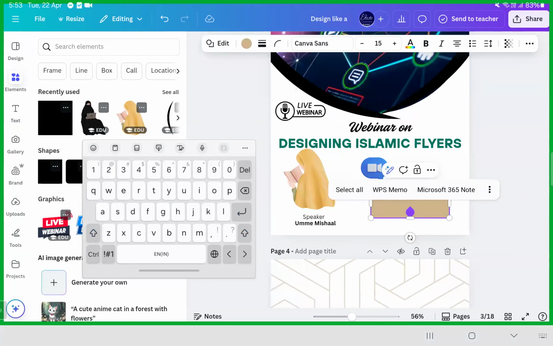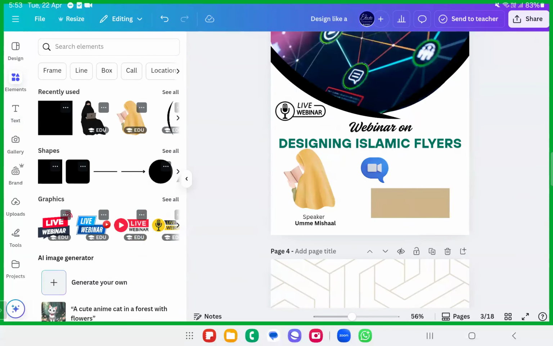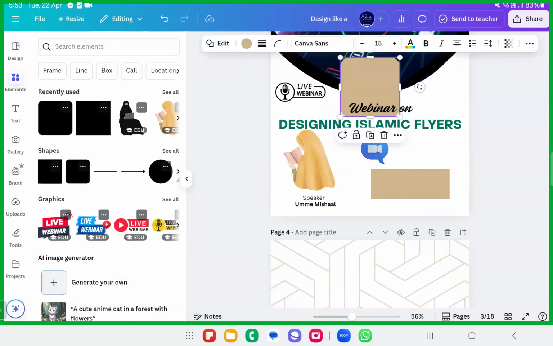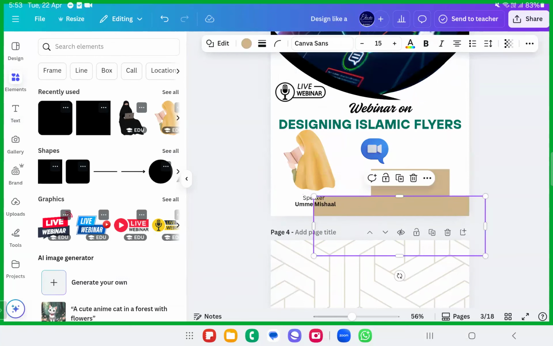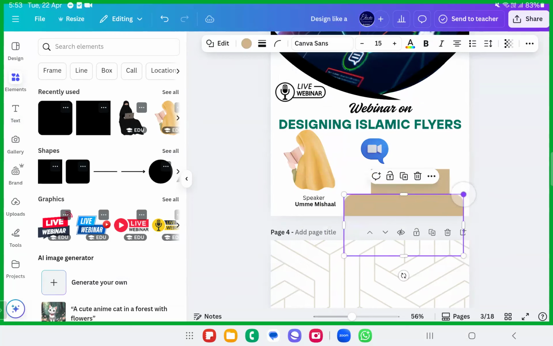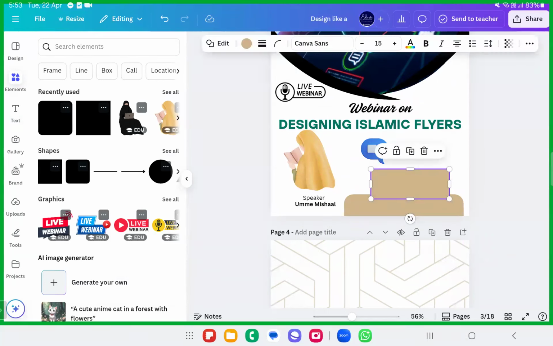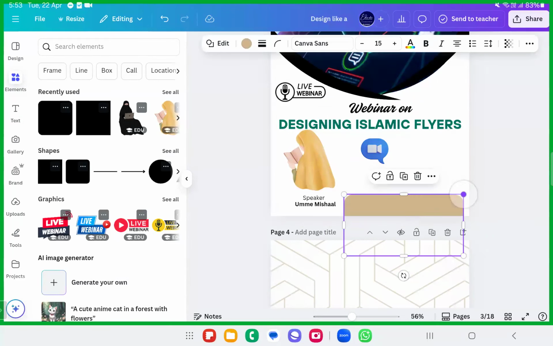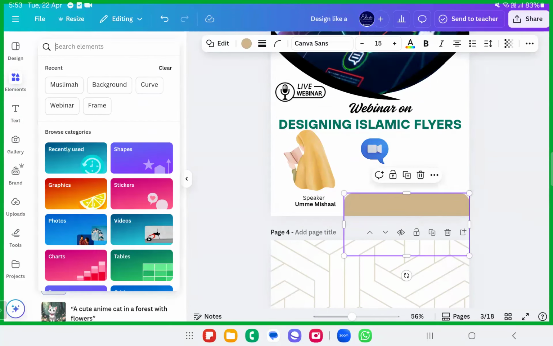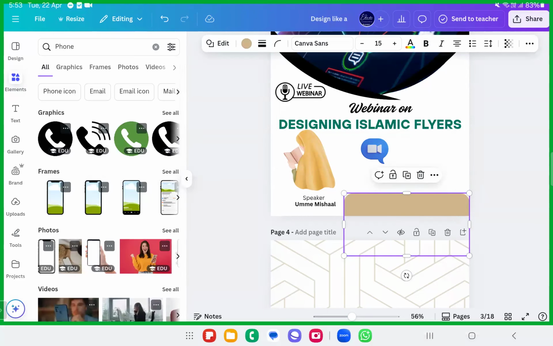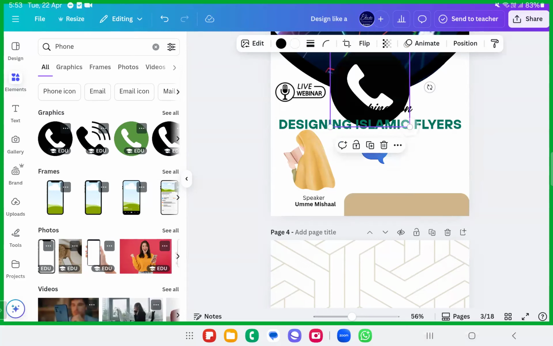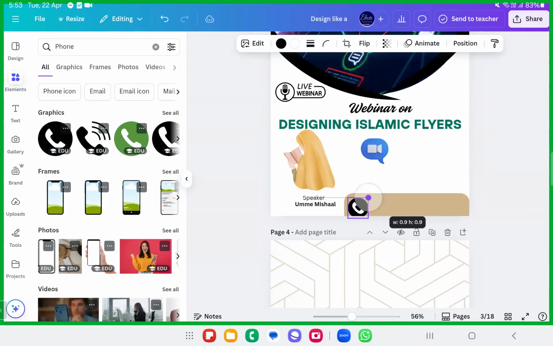And contact details if I want, I can just go ahead with shapes. I can create my own shape, or else I can put it over here at the bottom, and at the bottom I can put the contact details. How to put the contact details, dear sisters and brothers? Hopefully you all know that. Yes, you just have to type the different keywords. Phone number, you just have to write phone here. Phone, search for the phone. You'll get this one. Take it. Put it here. You just have to write the phone number.